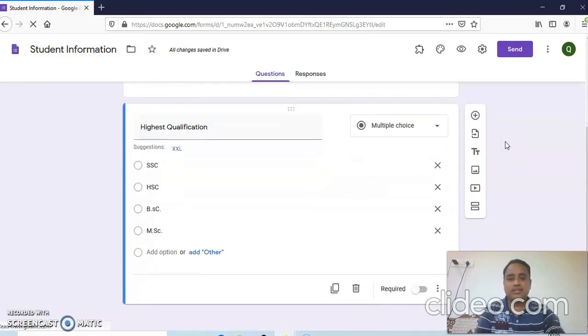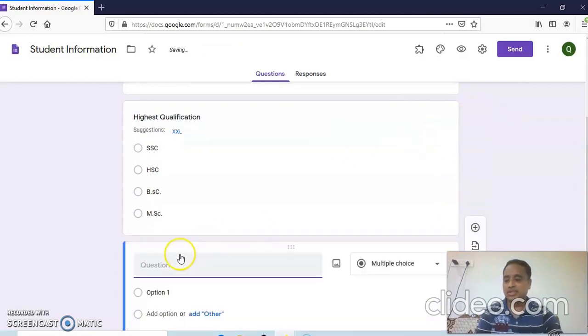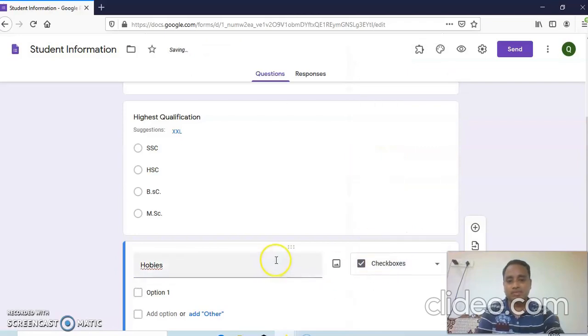Now again we want to add another question, so plus symbol, add question. The next question we have to add is hobbies. What are the hobbies? More than one hobby will be there, so we use check boxes as the field type.